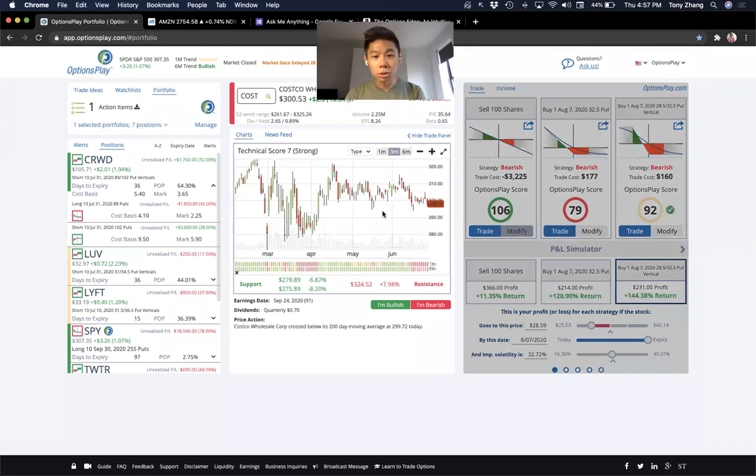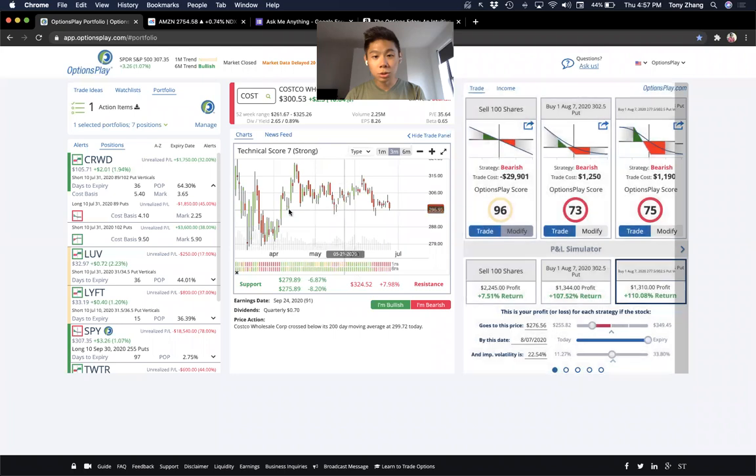Costco's still hovering at that 300 level. Costco has really been a bit of a boring stock, hovering at this 300, 315 level. Not a whole lot of movement. And I'll be honest, I'm not particularly sure where Costco is going to go, because if you look at their business model, predominantly they make 80% of their revenue from memberships, not from people buying things. They make very little money from you buying things because they're selling it almost at wholesale prices. But they make 80% of their revenue from memberships.